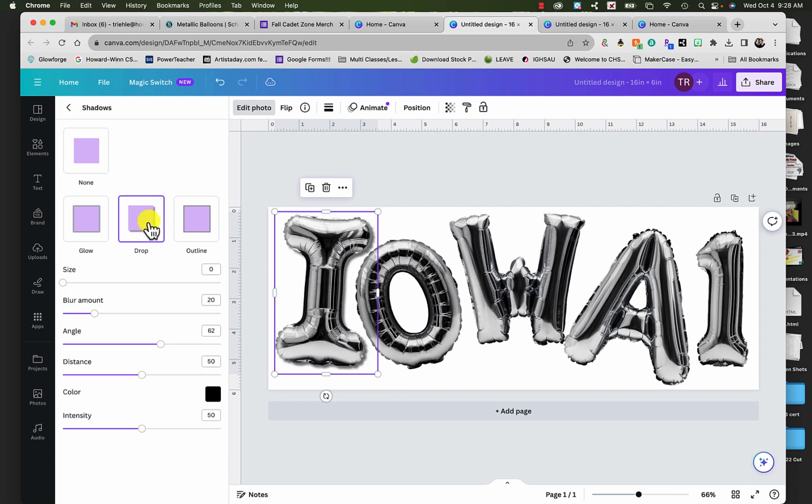If I use drop, you're going to see that I get this shadow in here. Okay. I can make it bigger if I want to. See how big that's getting. I can blur it more or blur it less. I can make the distance deeper. I can also make it a little more intense. All right. It will only do it to this letter. Okay. If I want to do it to all 4 of these letters, I need to know what these settings are because once I click on this,